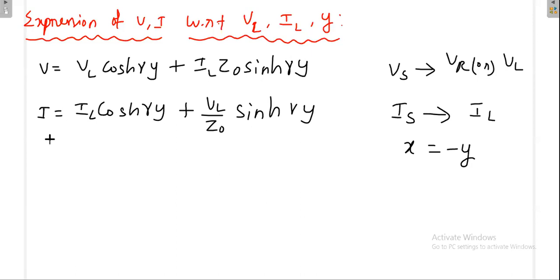Now, again, with this equation, you know voltage and current anywhere on the transmission line. Say, if this is your transmission line, you are going in this way. This is the direction of Y. That means at load end, Y is equal to 0. At source end, Y is equal to L, because you are going from load to source. When you are starting from the load, your Y is 0. When you are reaching the source, your Y is L.